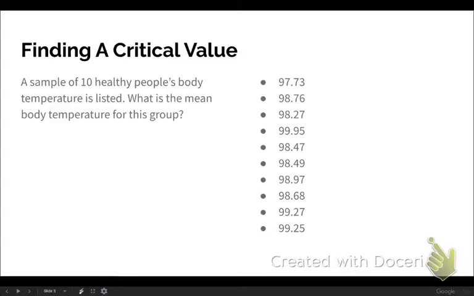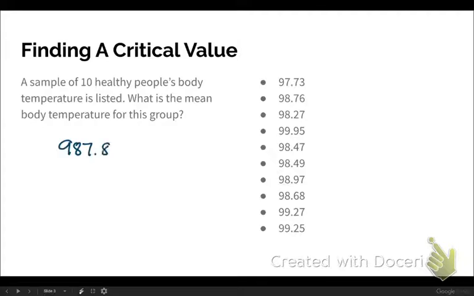So the first thing that you have to do is calculate a critical value. One example of a critical value is the mean. So finding the average or the measure of center by adding up all of the numbers and then dividing by the number of data points. So we have 10 healthy people here, and we've taken the temperature, and we're going to find the mean body temperature. So the sum is going to be